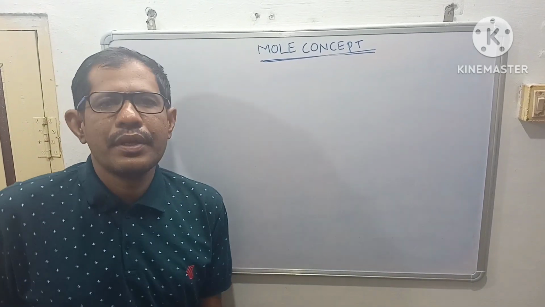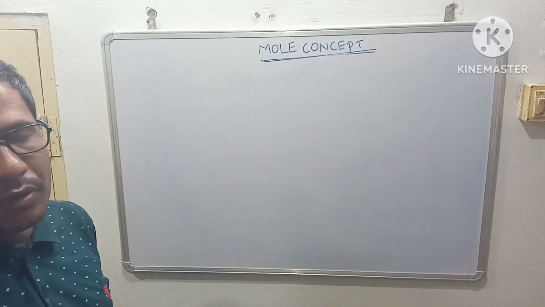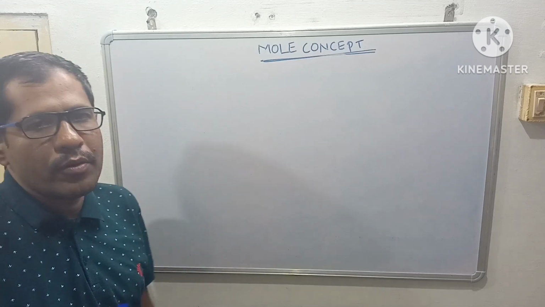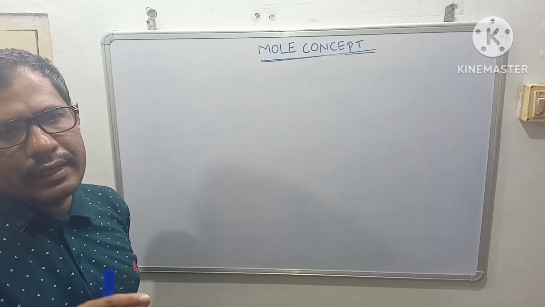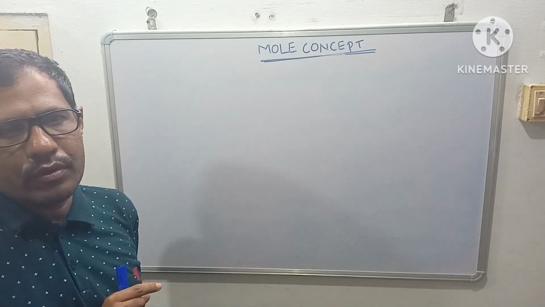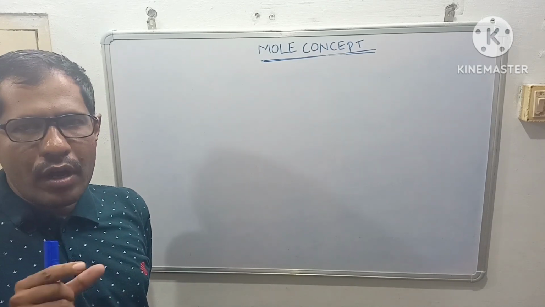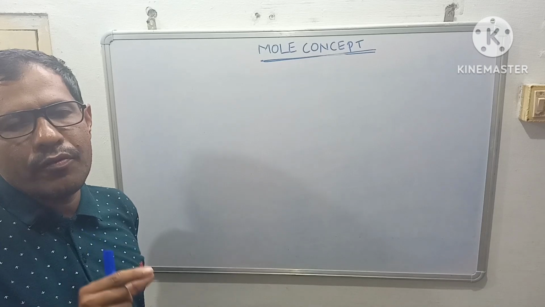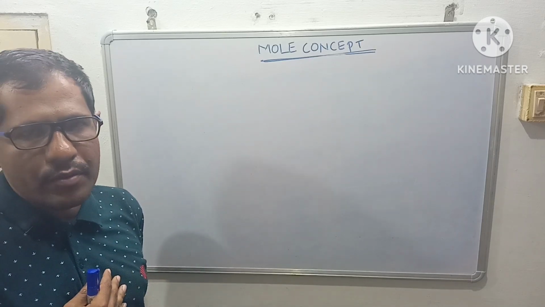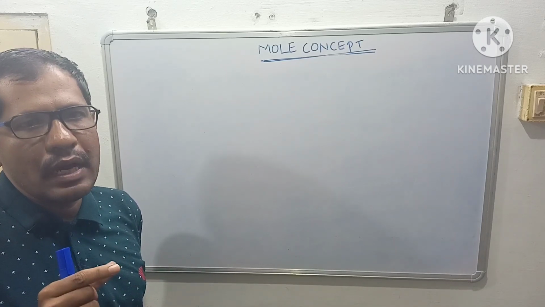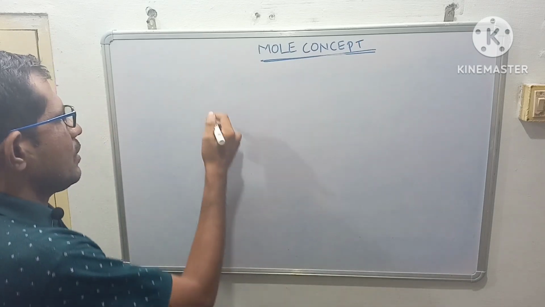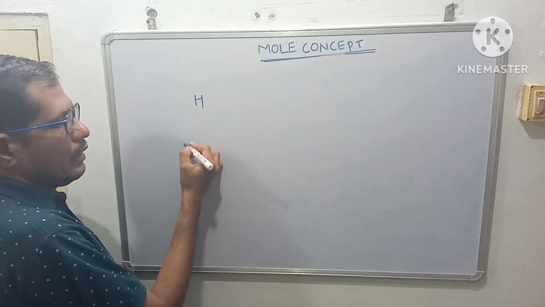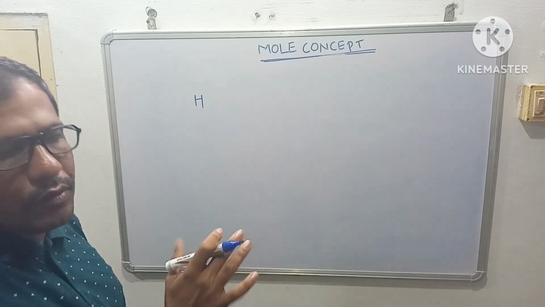Hello students, today we are going to solve some basic problems in mole concept. Before that, I will tell you how to calculate the molar mass for a compound, right? To calculate the molar mass for a compound, you first need to know the atomic weights of the elements. First, I am going to list atomic weights for elements 1 to 20, and then we are going to calculate